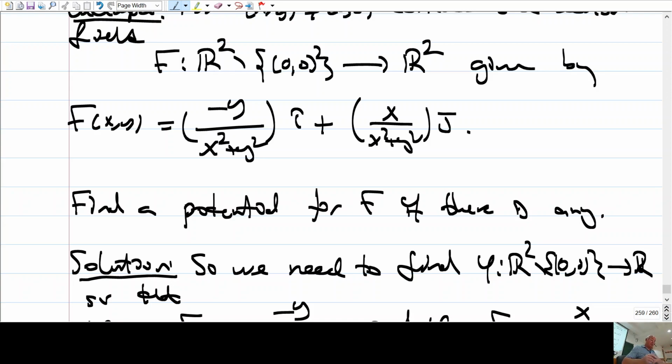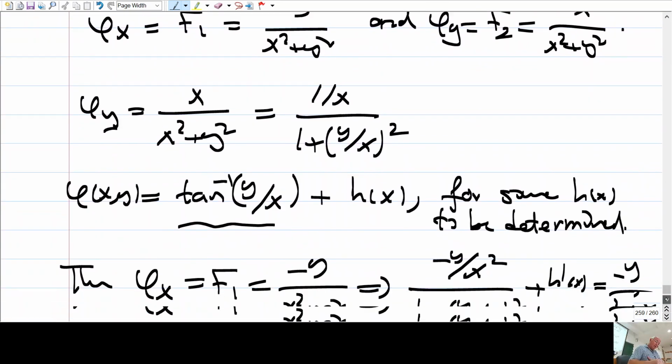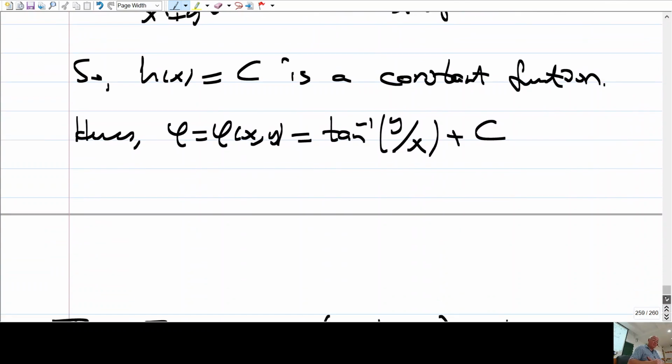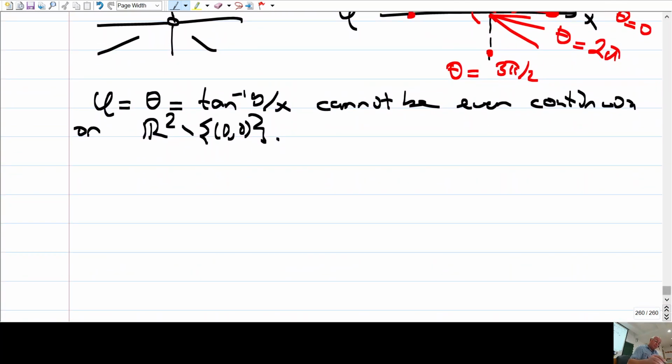Are there such vector fields other than this one? Well, actually, basically this is the only vector field. Let me say it as a remark. It turns out that